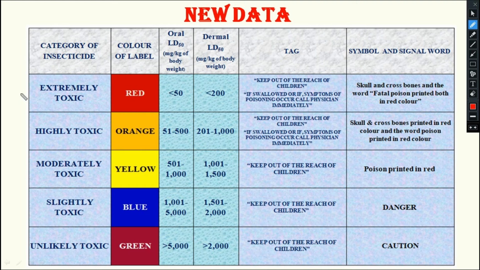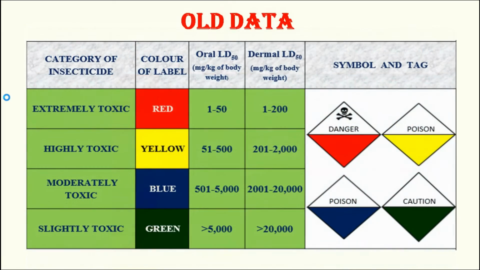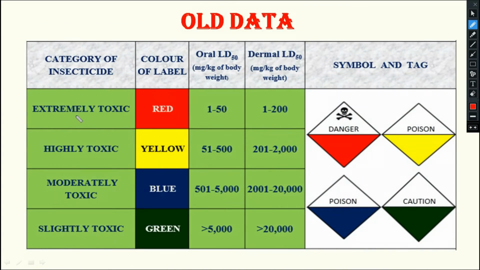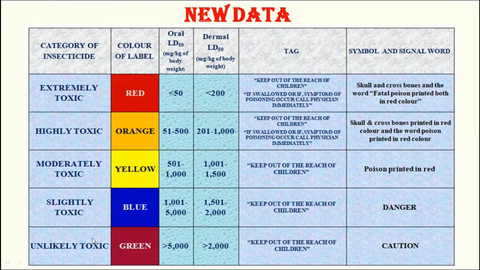You see in that slide what was happening. Four categories were there: 1, 2, 3 and 4. But now you see what is happening here. Here some more categories are there, like 1, 2, 3, 4 and 5. Now one more category has been added.